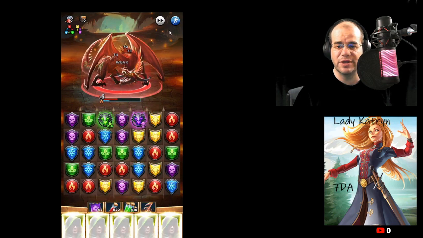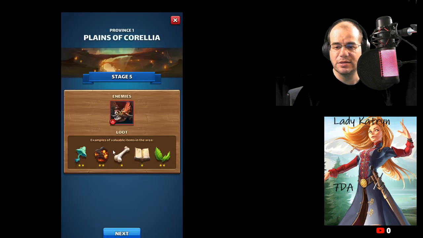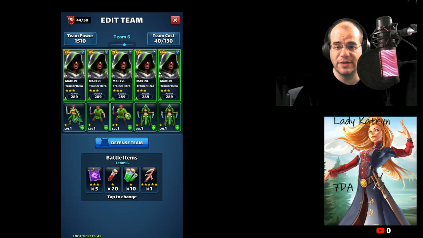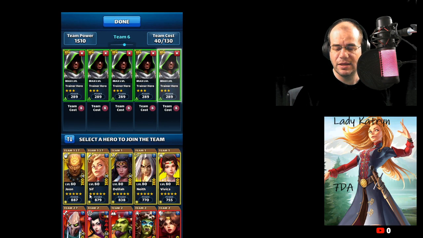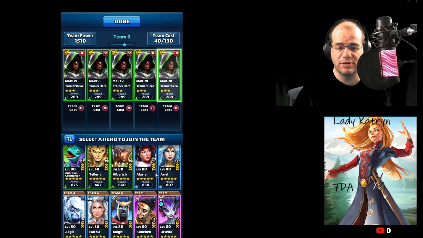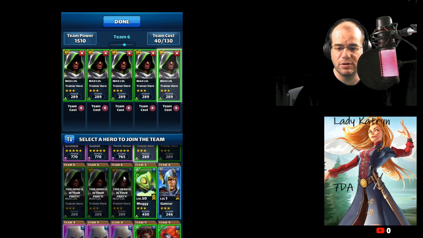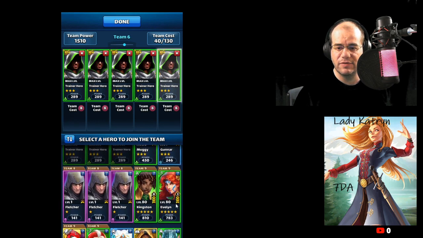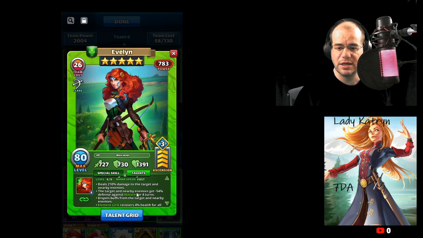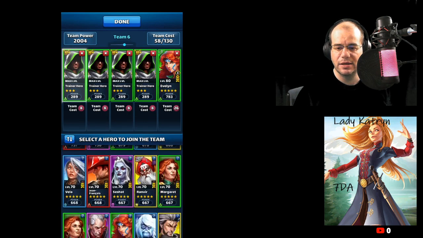So what we'll have to do is baseline Buddy quickly. Let's just do that. So Buddy is a defense down character. And in fact, we'll baseline with Buddy and Evelyn because I would like to show you elemental defense down as well. So if I take Evelyn, yeah. So she has a negative 54% defense for elemental. And here